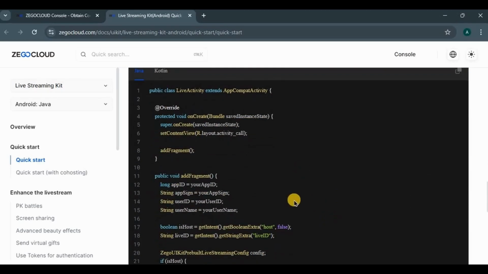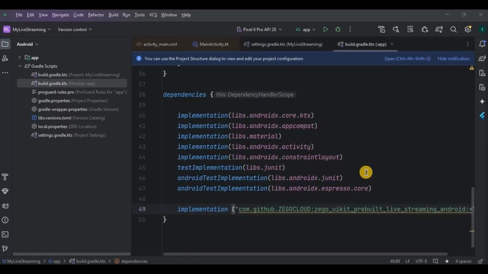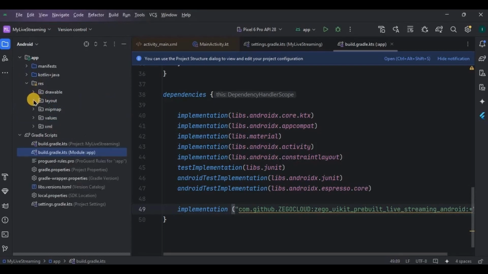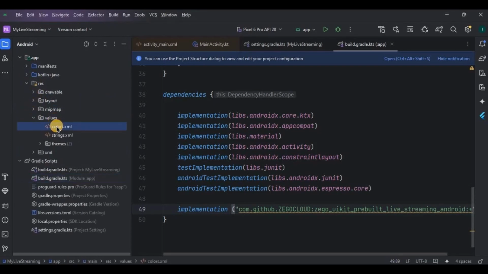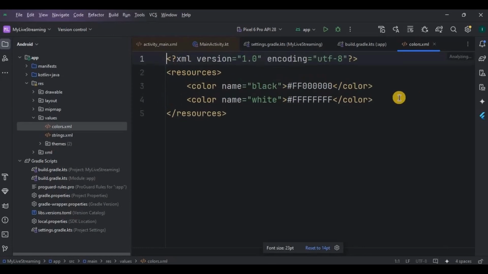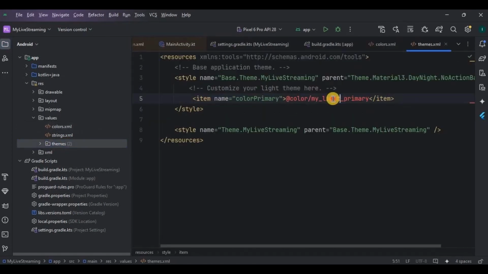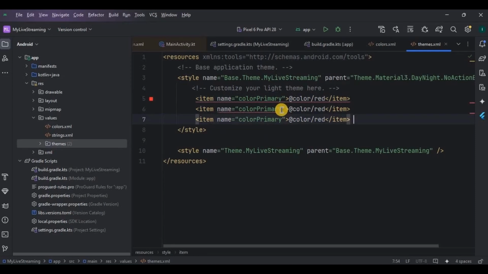And then step number 3 is to initialize a live streaming service in our project. But before that, first we need to create UI. So let's quickly create that. Open the project, go to Colors, add a red color whose hex code is FF3131. And then go to Themes, add the color primary variant, status bar color,